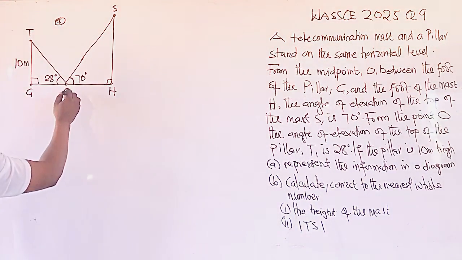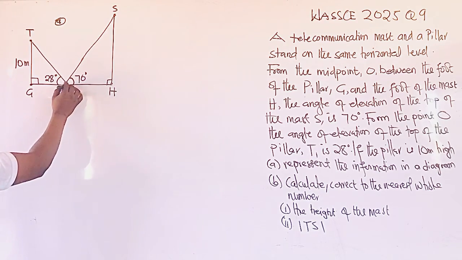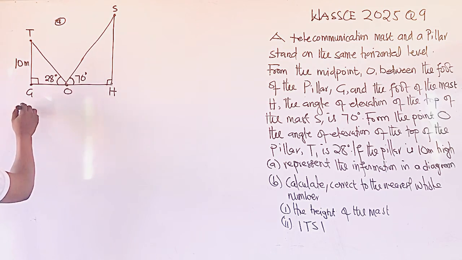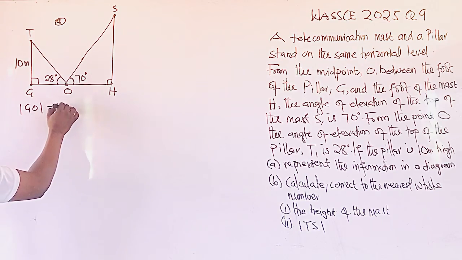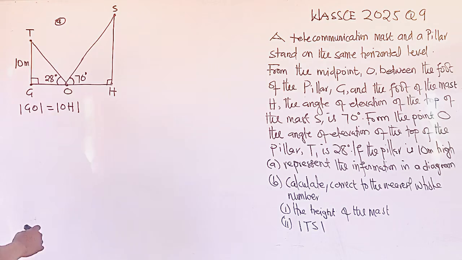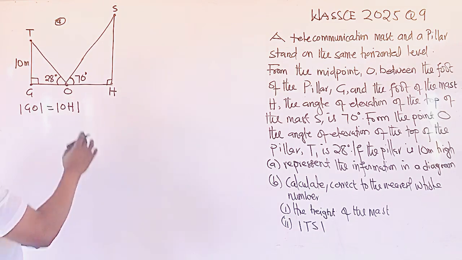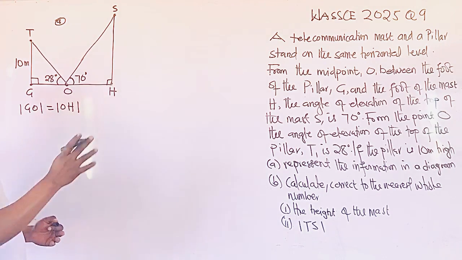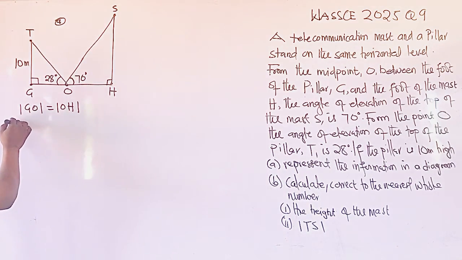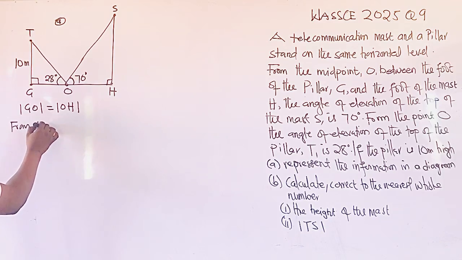We have been told that O is the midpoint of G and H. Now, since O is the midpoint, we can say that the distance from G to O should be equal to O to H. So from the diagram, we can solve for GO, and when we know GO, it will be the same as OH. All right, so let us find GO and see what we are going to get. So we need to consider triangle